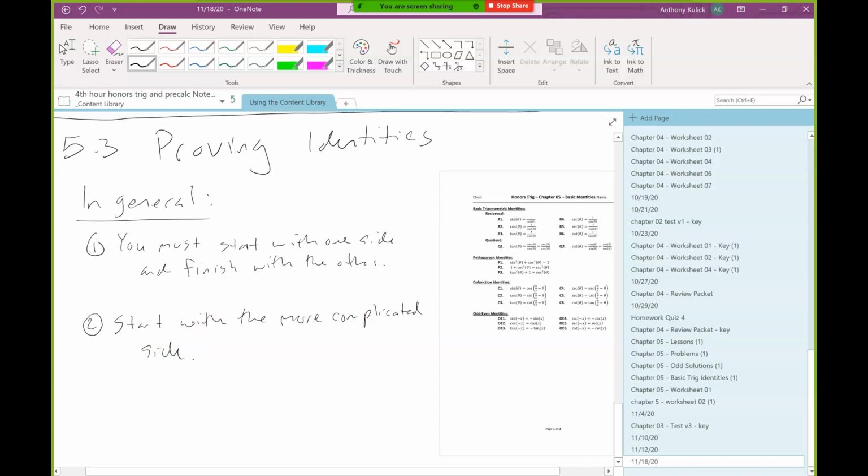So when it comes to choosing which side to start with, start with the more complicated side. By more complicated, I mean that it has more terms. So if you have two things being added versus two things being multiplied, two things added is more complicated than two things multiplied. For instance,